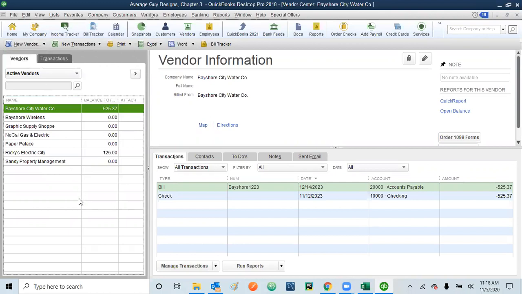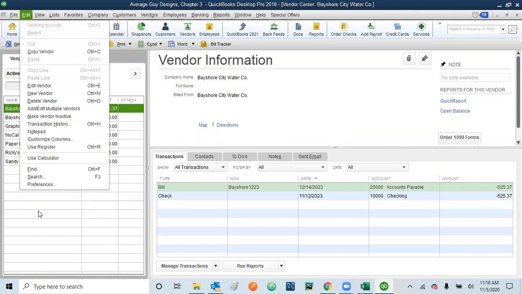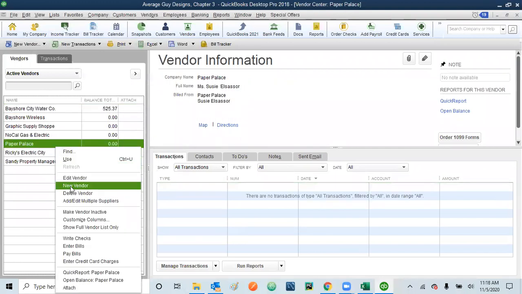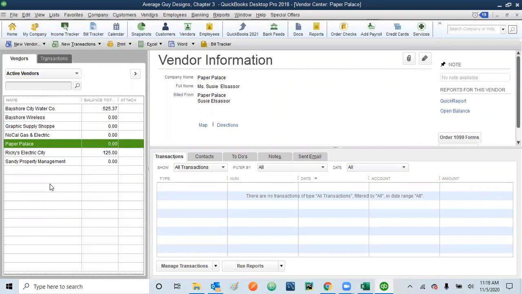So there are three ways of doing the same thing, but right now we are working on editing a vendor. So if you want to edit a vendor, either you can go and click Edit Vendor from here, or you can select the vendor first, then right click and do the edit vendor right from here, or you can double click the vendor. So let's say we have to make changes in Graphic Supply. So we will be double clicking the vendor,